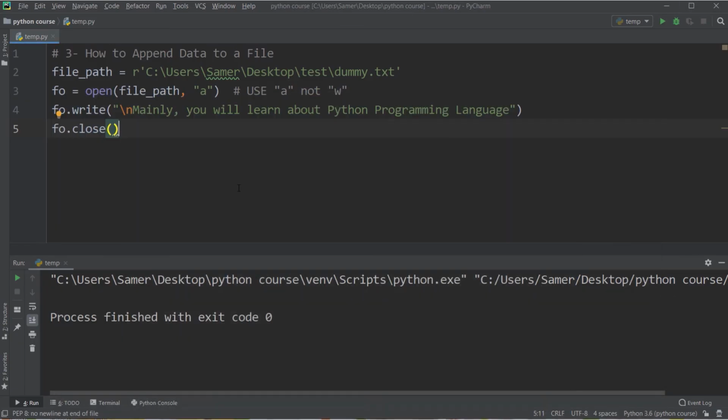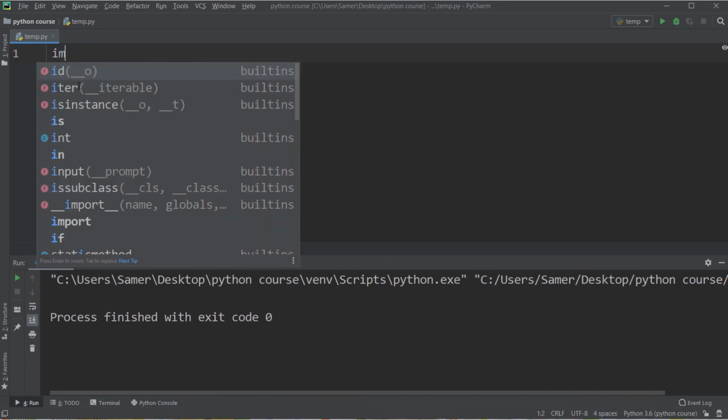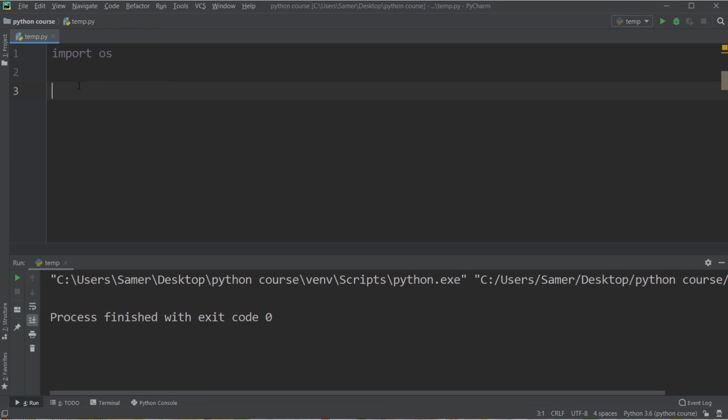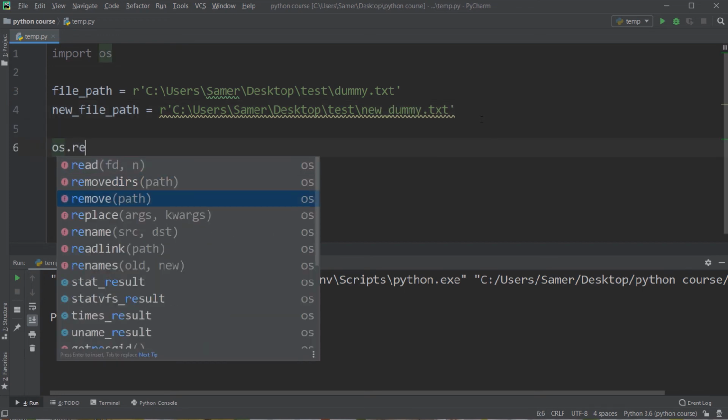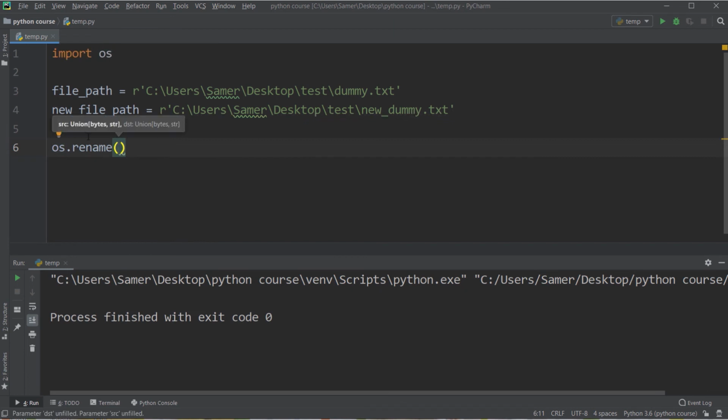Now, the last two operations that I want to show you about the file are how we can rename a file and how we can delete a file. So, in order to do that, I will take this path first, then I will import os, then I will say file_path, and then new_file_path equal to, and let me say the name is new_dummy. In order to rename a file, we will use a function named os.rename, and this function will take two strings, source and destination, which mean the old file path and the new file path. And as you see here, the difference between the two paths is only the file name. If I run